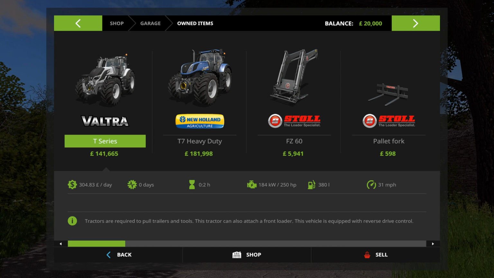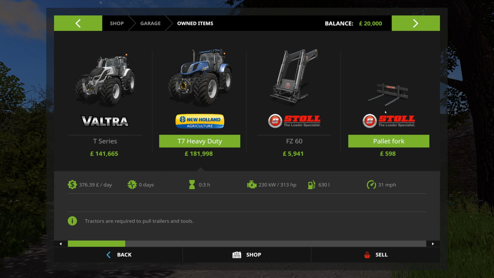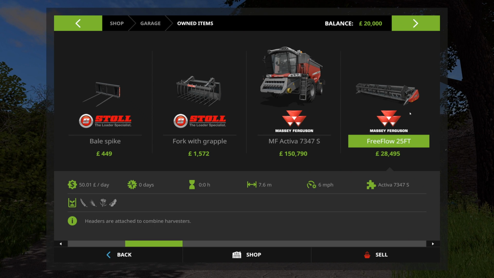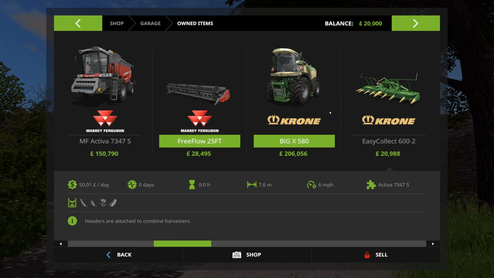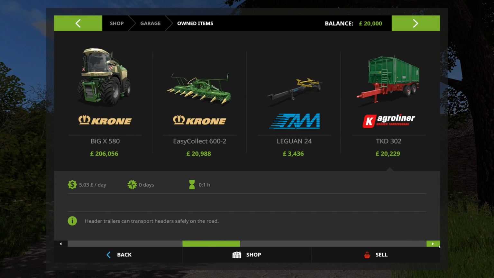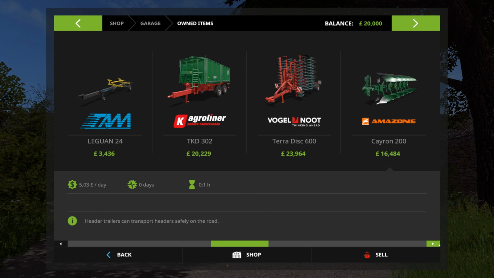We have a Vulture T series. We have a New Holland T7 heavy duty. We have an FZ60 Stoll front loader and some attachments, sort of various ones. We have a Massey Ferguson MF Activa 7347S and a 25-foot header. We have a Krone Big X 580 forage harvester and an Easy Collect 600 header for corn. We have a header trailer. We have an AgroLiner TKD 302, and we have a Volga